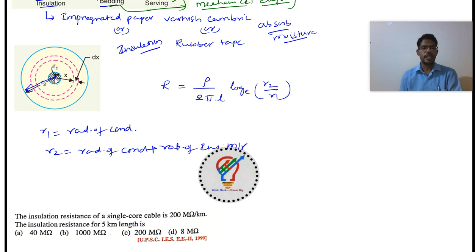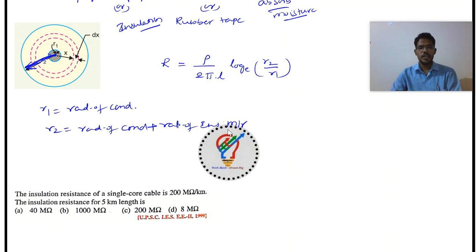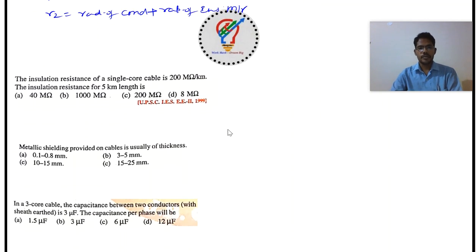Okay, it is going to cover the entire part here. So based on this formula, we will have a lot of examination questions. Let's see one question here, which was asked in IS 1919, and this is a common question repeating in most of the examinations. If you open the textbook, you will see these kinds of questions. Okay, we will do it now.